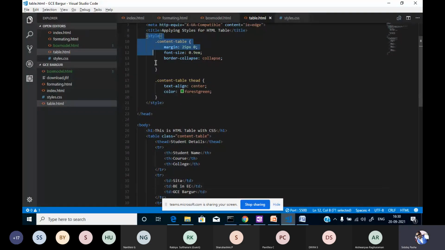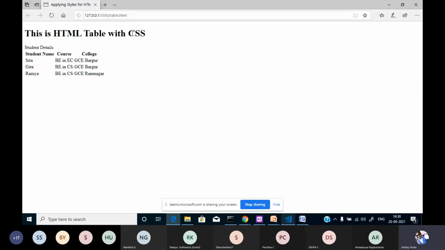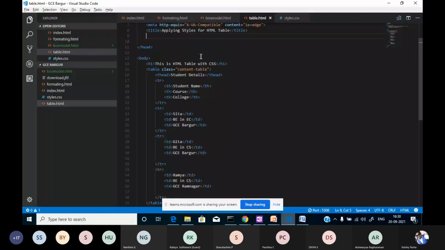I'll simply remove this style like this. Okay, no change at all. So there are no styles now. Now I'll apply the styles.